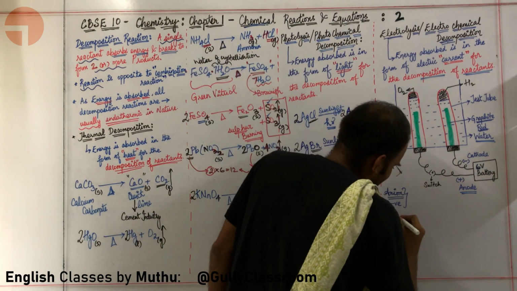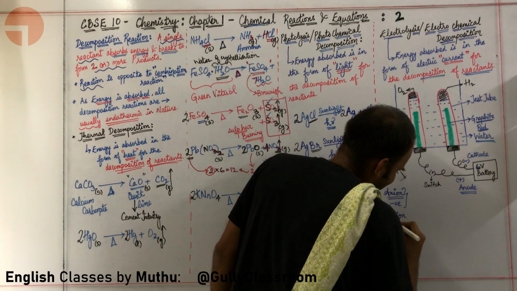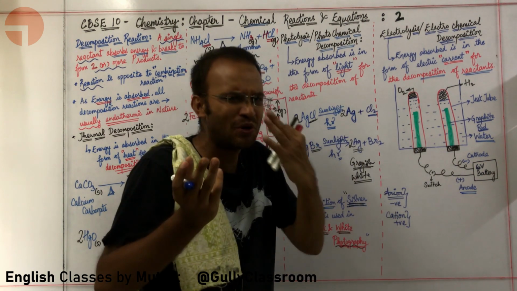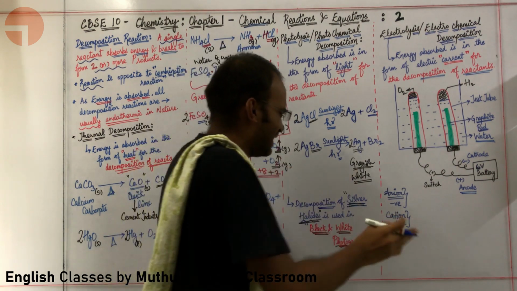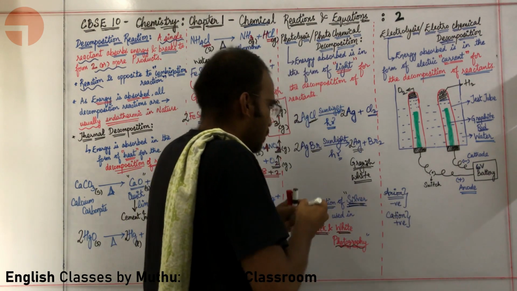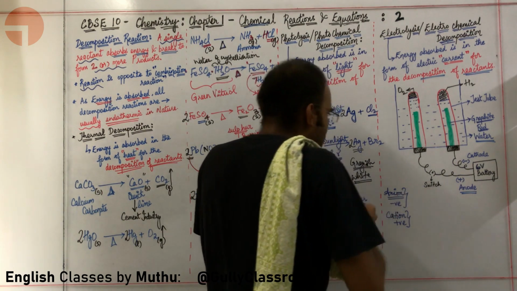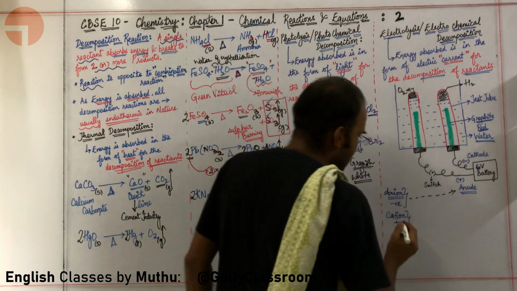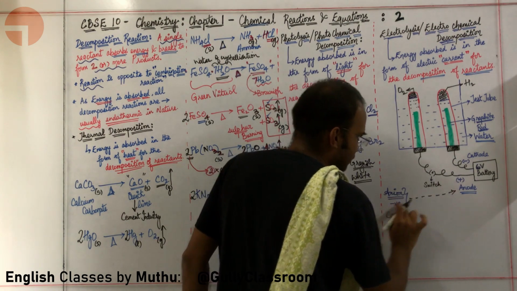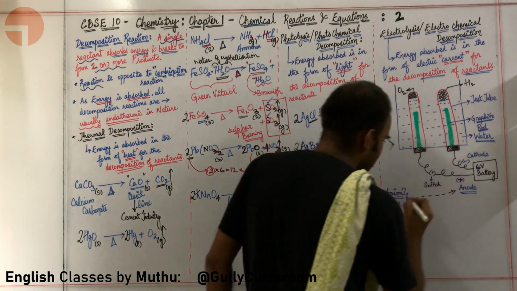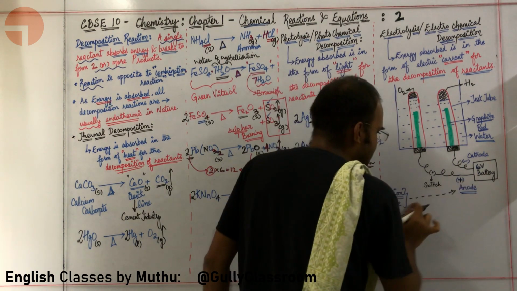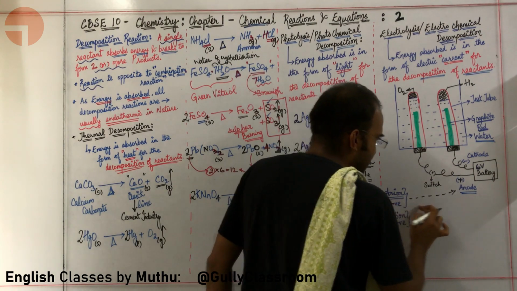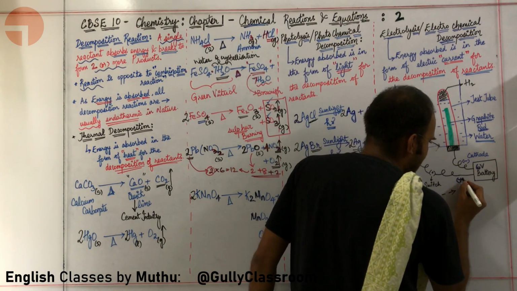What about cation, sir? Cation is definitely positive, because if you are having cats in your home, you are going to have a lot of fun with that particular cat. Cation is positive. Anion will be attracted towards the anode. Why? Anion is negative, anode is positive, so opposite charges attract each other. So anion negative will be attracted towards the positive anode.